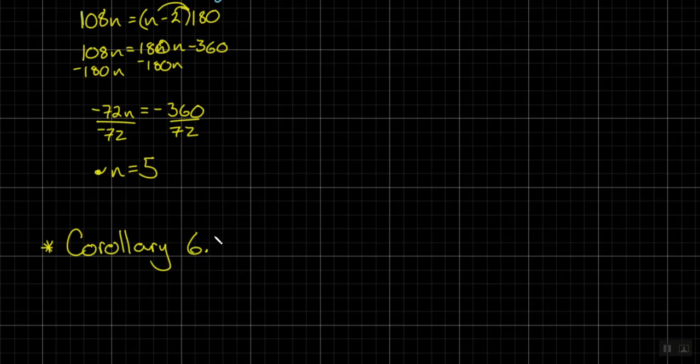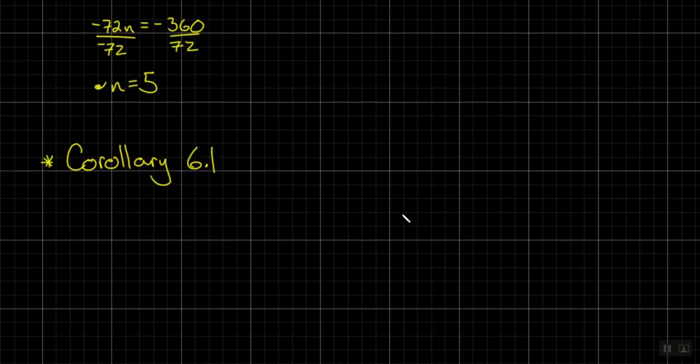And we'll just call this corollary 6.1. And remember, a corollary is just something that shows up after a theorem. It's not cool enough to be its own theorem, but it's an idea that we can use. Corollary. Okay, corollary 6.1 simply says a regular n-gon, and regular meaning what again? All sides and angles are congruent. A regular n-gon